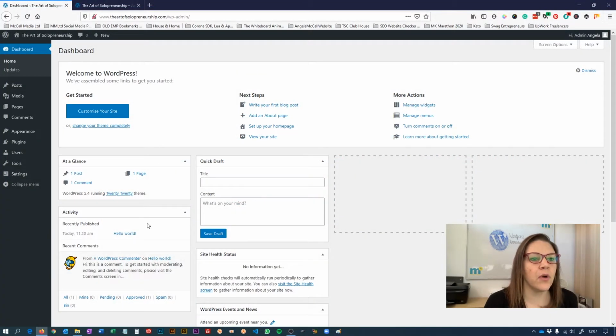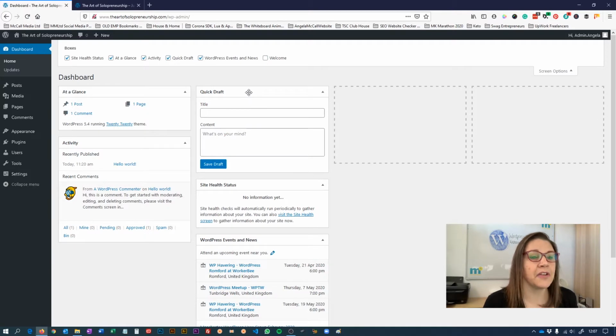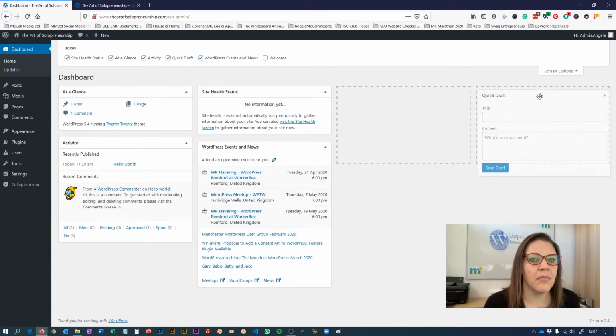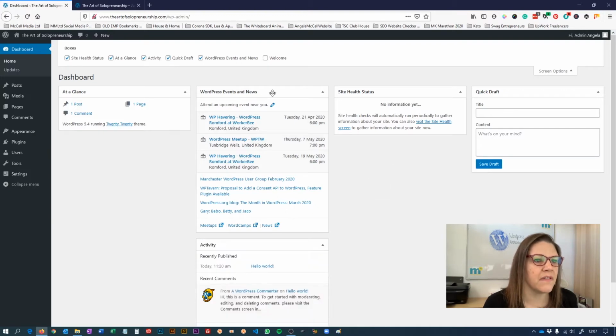Dashboard. Okay, first of all, understanding the dashboard. Up in the top right corner, you've got screen options. You can check and uncheck any of these features, tools that you want. You can also dismiss them. I don't like clutter, so you can drag them around, move them as you want underneath other things, that kind